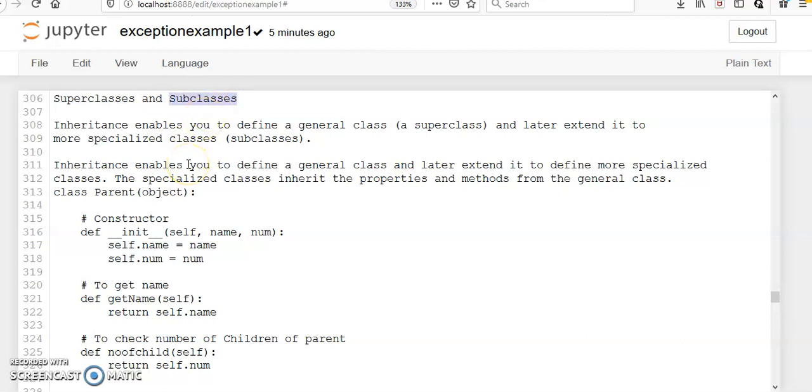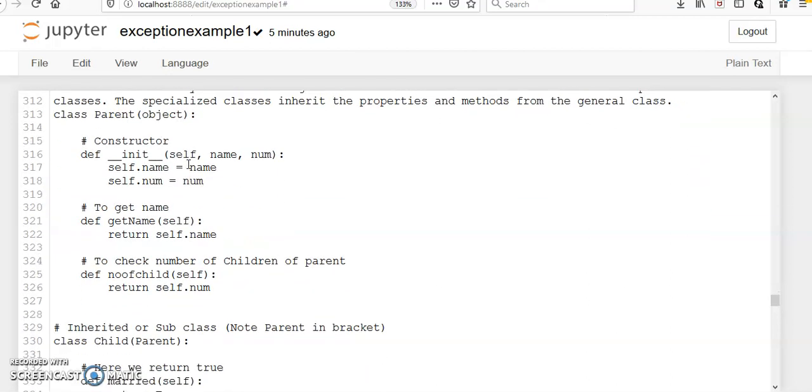We will see an example of how to create an inheritance program. If you see the program here, we have defined a constructor. Whatever is preceded by this hash symbol is known as a comment, right? We have defined a constructor method, that is double underscore init double underscore, and then one more method to get the name of the person, and one method to get the number of children of the person.